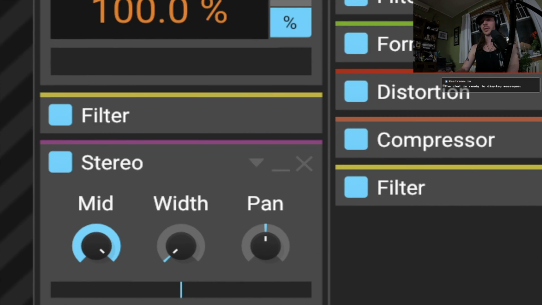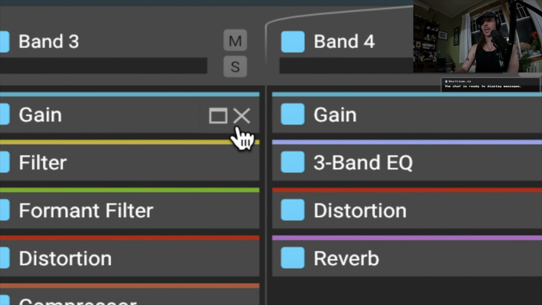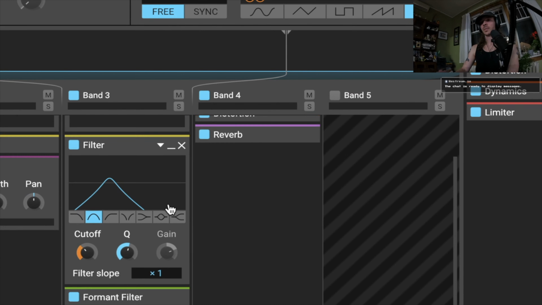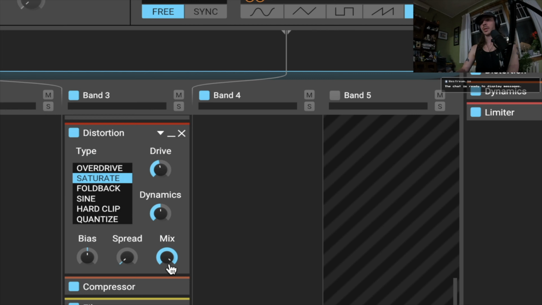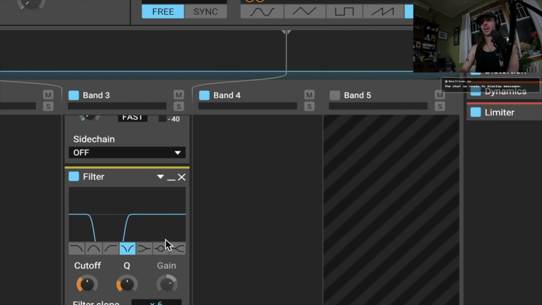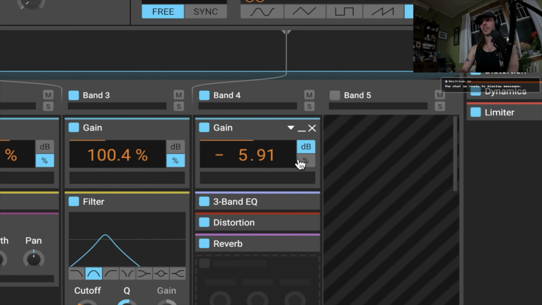We are making sure that the width is in mono. Then we're turning down the gain as well on this, and kind of just doing the same aspect of more filtering, formant filter, distortion, compress the heck out of it to try to balance the sound out, and then more filtering. Same thing with the high end, although we did add a bit of reverb,